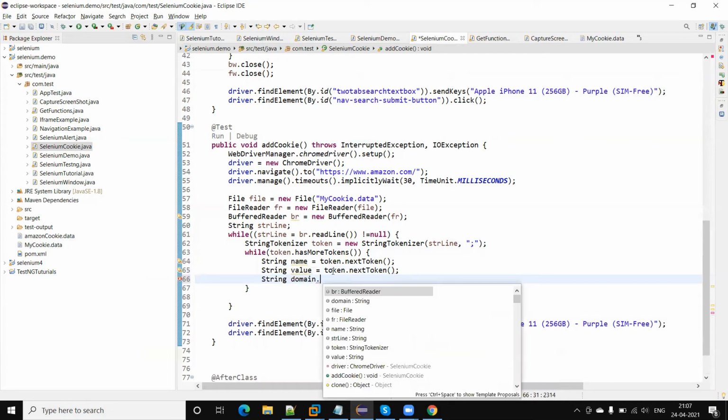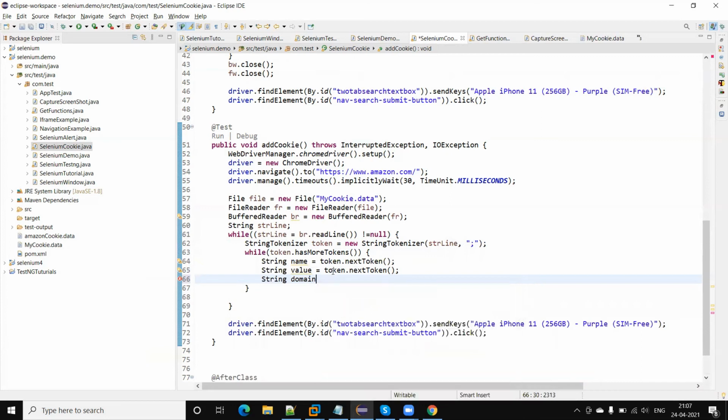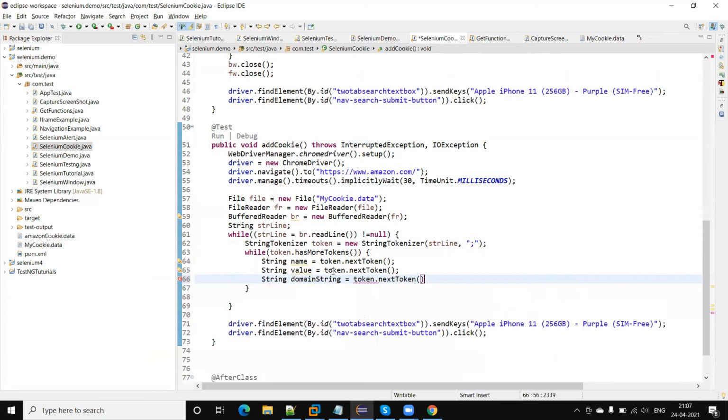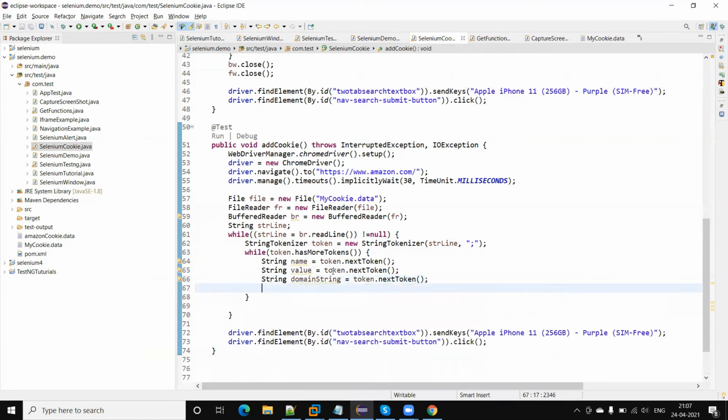Domain dot equal to token dot next token. After domain, I store the path equal to token dot next token.